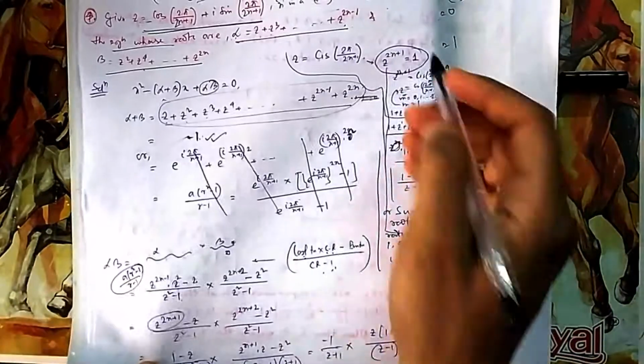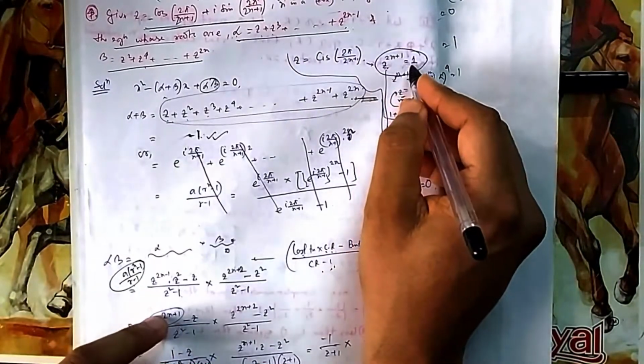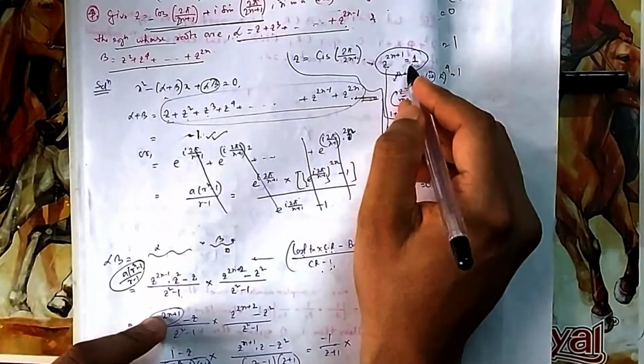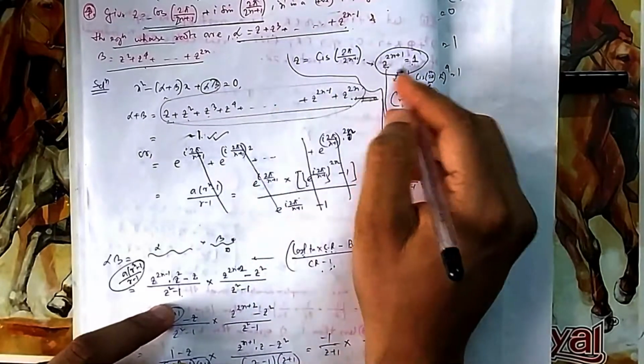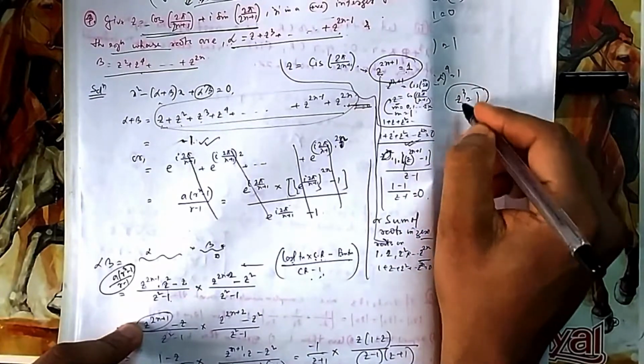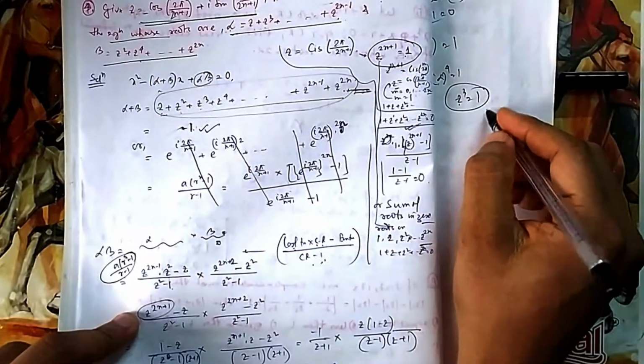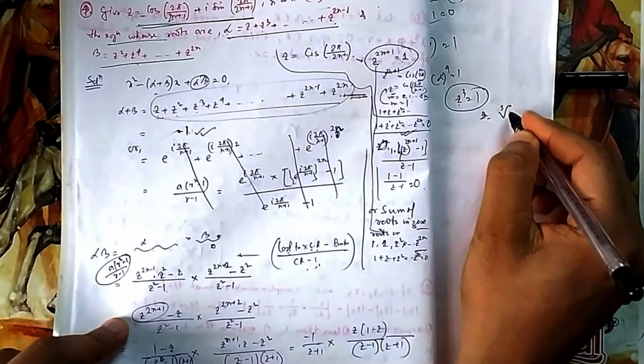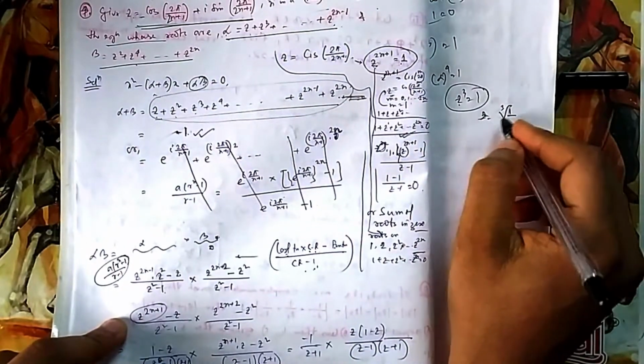Or you can think of it in this way also. This is the nth root, so this should be equal to 1. You are getting it? This is nothing but the nth root. How will you write the nth root? Z to the power 3 is equal to 1, the cube root, and Z gives all the cube roots. Because Z is equal to the cube root of 1. So that's why Z cube is 1.